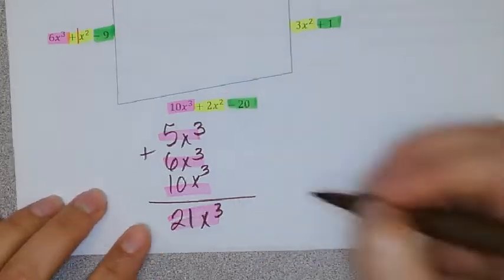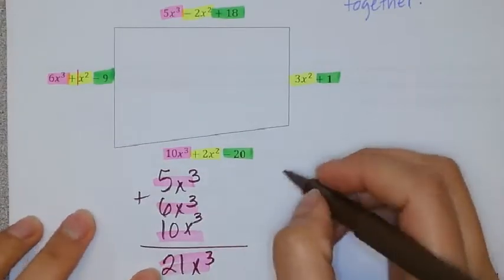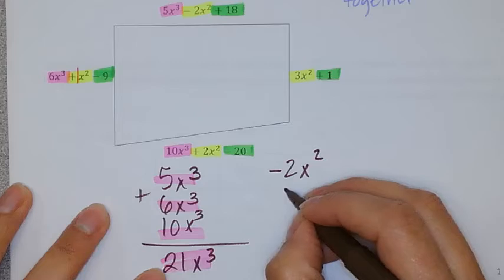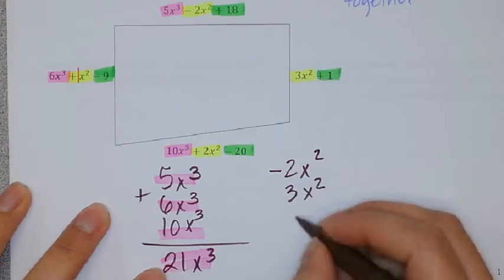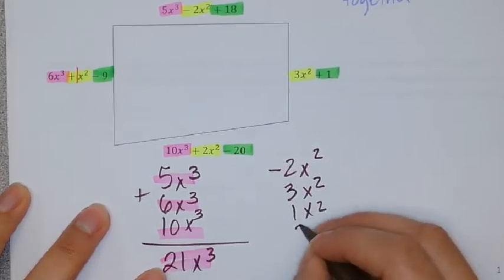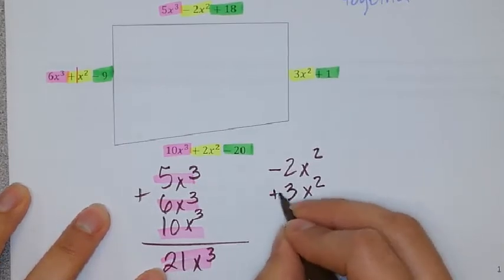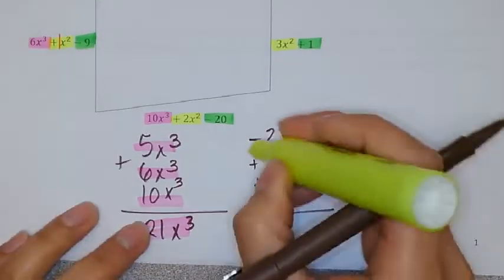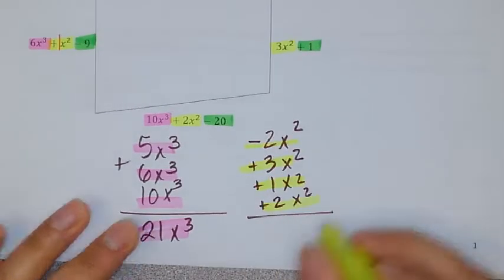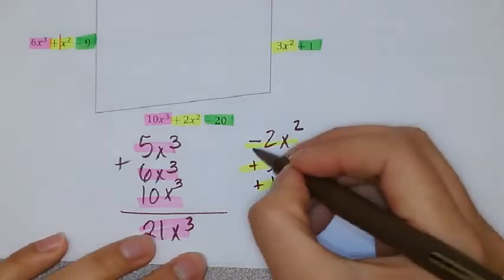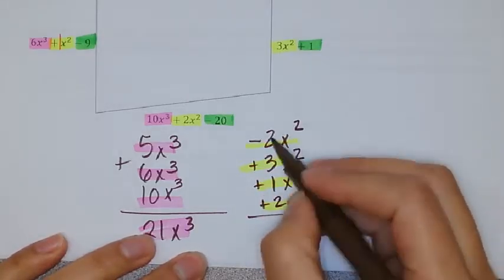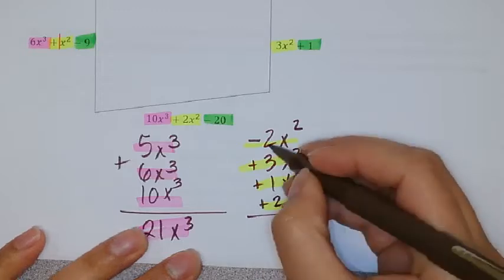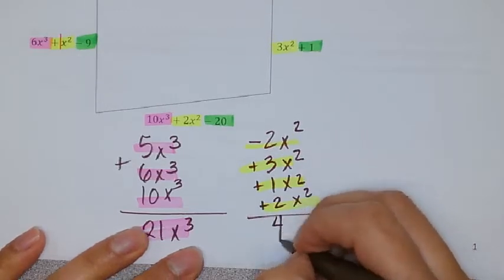Okay, for the ones in yellow, which are the quadratics, the x squared terms, I have 3x squared, and I have 1x squared, and I have 2x squared. These are all positive and negative. Here, quick mental math, I know that these two are opposites, so I can cross them out and just add the middle, or you can add them together. When you add them together, you would get 4x squared